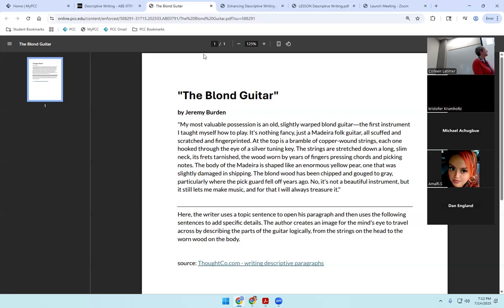It's not just warped, he's going to go into details around it. Okay, so we are kind of traveling over this guitar. Can everybody picture it? What's Madeira? Anybody know? Or can we use context clues to guess? It's a type of guitar. It's a type of something even more specific than that. Is wood. It's a type of wood. Yeah, excellent, Amalfi. Yes, it's a type of wood.